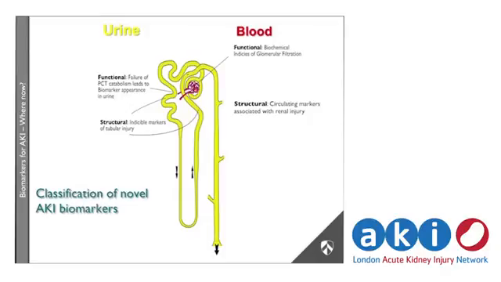There are also some functional markers. These may be things that appear in the urine because the tubules aren't working and they let them fall out into the urine, or they may just be more accurate reflections of changes in glomerular filtration. Or they could be things that come into the bloodstream because they're released from the injured kidney or rise in association with acute kidney injury. But probably this group of things that are actually made or released from the tubules in response to injury are the most exciting group because they're probably more specific for the pathology. For instance, things that are just functional markers reflecting loss of tubular function may also be abnormal in patients with chronic kidney disease.